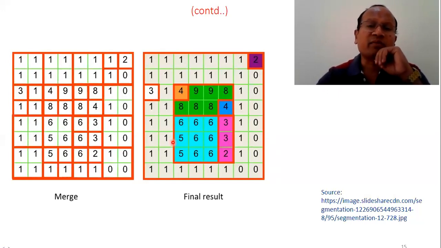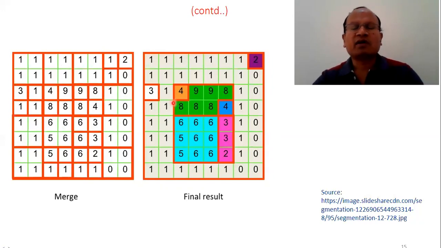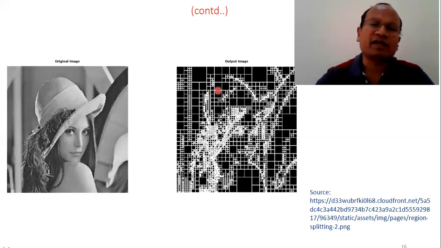You see here a segmentation giving some result where the values are between 5 and 6. You can find those values which are more than 8 in this region. Those values between 2 and 3 are assigned pink color, and 4 is a different color here. In that manner, based on the threshold value, we can check the different segmented regions. So this becomes our final result, where we get the segmented output.